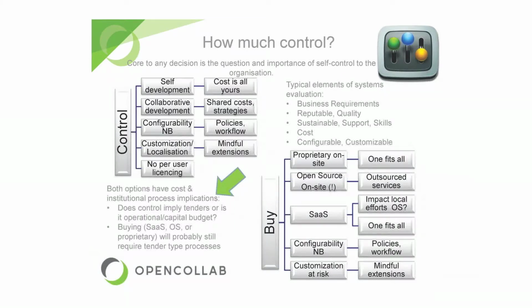If you're saying, no, control isn't really what I want to do, I'll just buy, then that's also not a bad decision. You can do the proprietary on-site thing. Mostly it's an on-site or a one-size-fits-all solution. So for 20 institutions, you can have it at your site, and it more or less works the same for everybody. You can even buy open source on site. So now you're going to tell me I'm a liar because I just said it was for free. It's only going to cost you a buy solution if you outsource the support and the maintenance and the implementation of that system to an outside company.